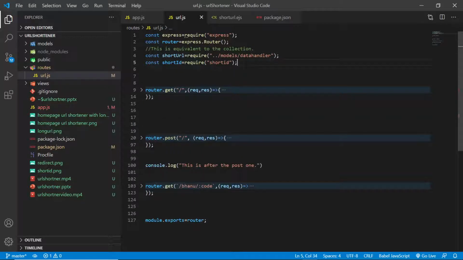So let's understand this. Const express, we required the express. Now express gives us this router. Basically, in our app.js, we can use app.get, app.post, app.put, app.patch, everything. But as our application grows, there will be many routes.